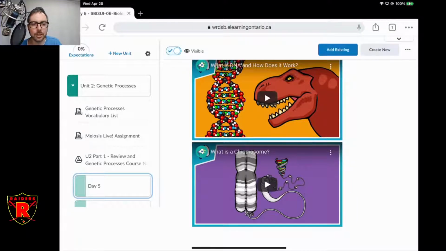Do we start a new homework doc? Yes. So there is a new homework doc for every unit. When you're starting today's homework, don't forget to create a brand new Google Doc that is genetics homework document, or whatever you want to call it, but make sure the word genetics is in there somewhere. It is always a new homework document for every unit. So yes, you do not use the same one as you did for Unit 1.